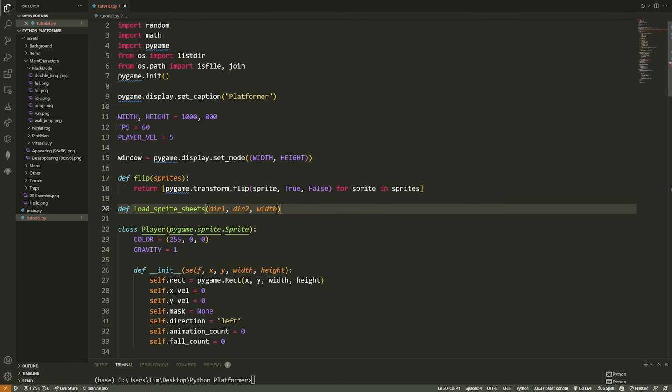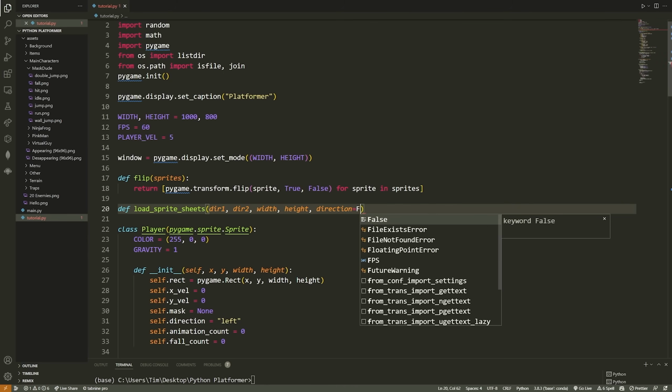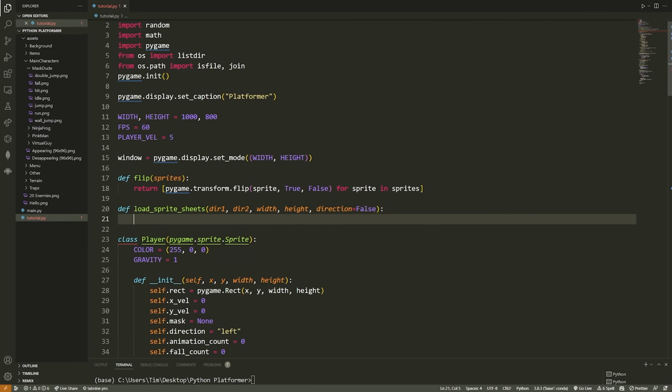I also want to take in the desired width and height of my image, and if we need to load multiple directions. So I'm going to say direction equals false as a default parameter so that we only load the left and the right side images, like we flip the images if you pass this equal to true. Okay, now the first thing we need to do is determine the path to the images we're going to be